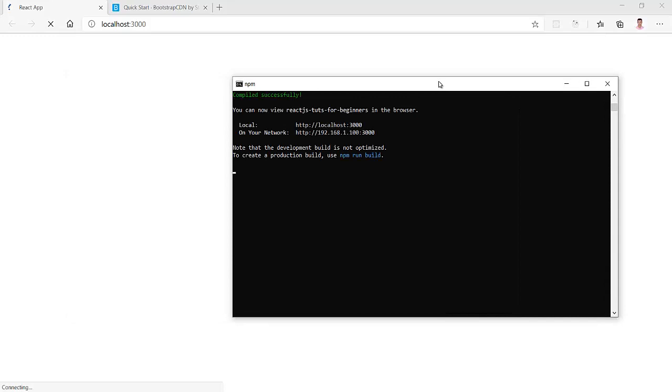I think it is compiling. See that it is compiled successfully, and our page is refreshing. See that: Welcome to our React app. There is a change in font size and font color. This means that our Bootstrap is working properly.